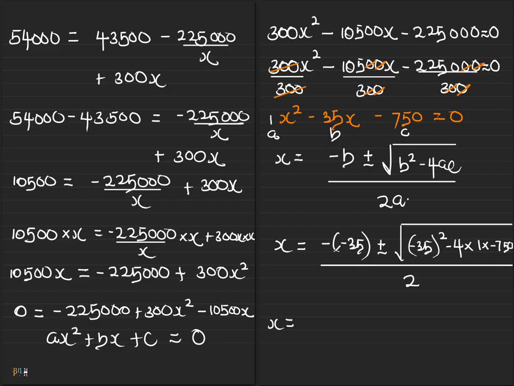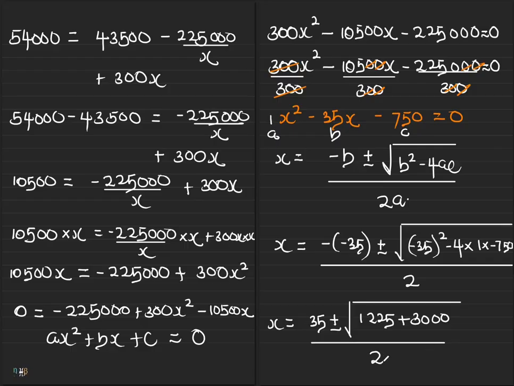Our x is then equal to negative times negative 35 gives us a 35. Then we have our plus or minus the square root of negative 35 squared gives us a 1225. Then evaluating negative 4 times 1 times negative 750, we have a positive 3000